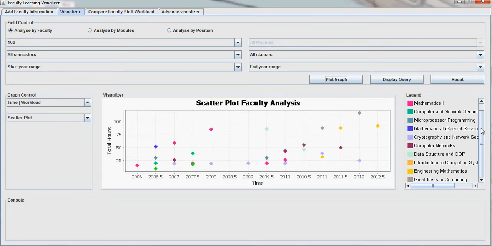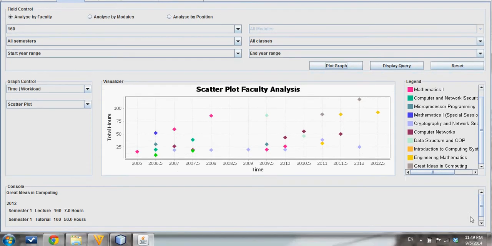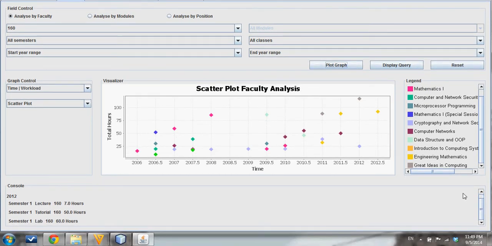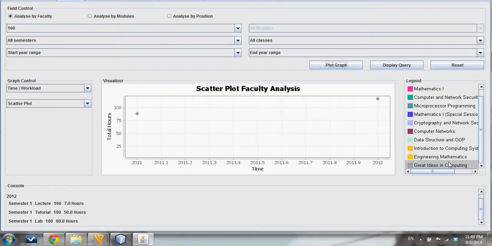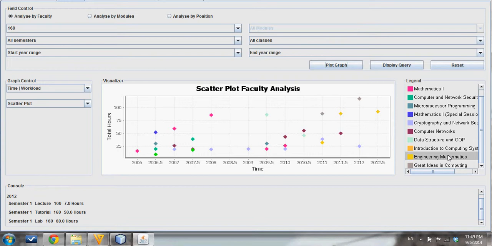And right now there is a legend panel that allows us to zoom in or drill down to each series, so that we can have a clearer view of which series, which year, which semester, and the total number of contact hours. Alright. So in this case, we can also choose the semesters, the lectures, and we can just plot